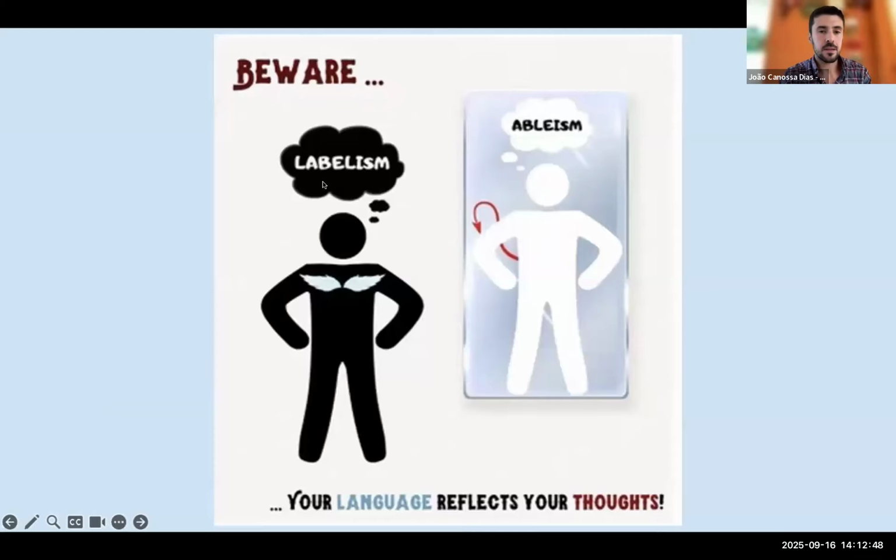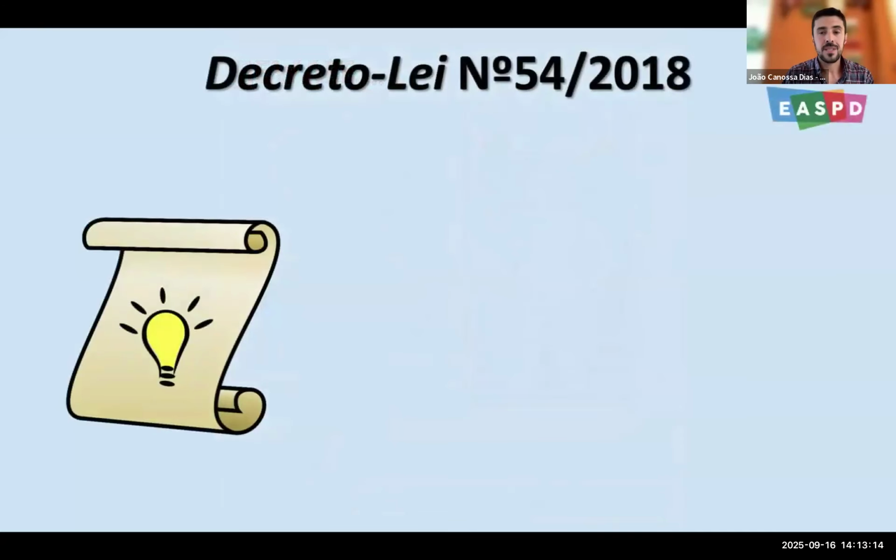The problem with this system is that it was a labelistic system. You would only access specific services if there was a label, if there was an evaluation that would say this one has a disability, so this person deserves special education. And this labelism, with the best of intentions, was supporting a very ableistic system, which was changed very happily in